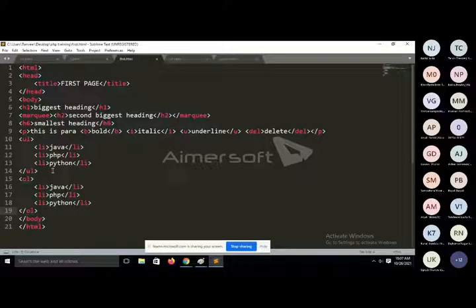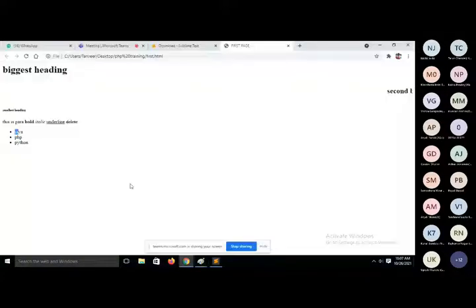When you print and refresh your page, you can see that the ordered list displays items from 1, 2, 3 up to n, and the unordered list does not display items in any specific order. So we have two types of list basically. First one is ordered list, second one is unordered list.